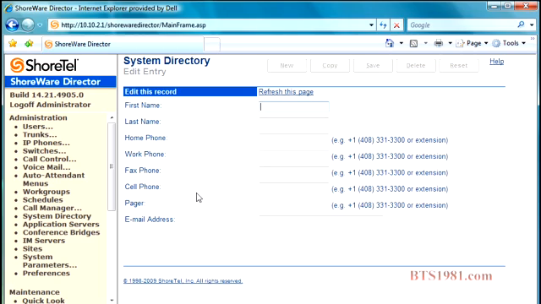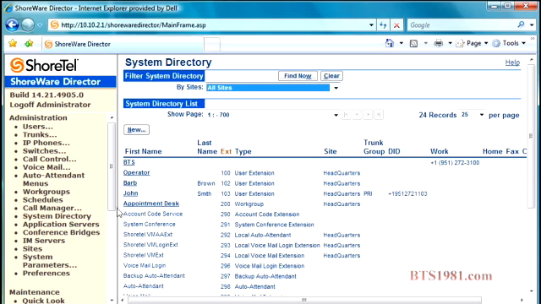I'm just going to put in BTS, and under work phone I'm going to put the +1 in there, and the area code 951, and then 272-3100. So that's our number. If I save that, I now have an entry that I can access from any phone or from any call manager. So if I go back to my system directory, you'll notice there's BTS right at the top,